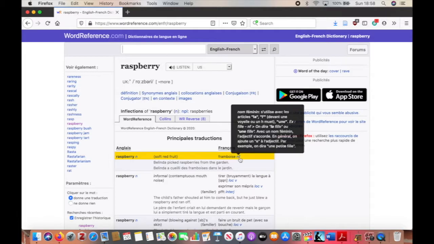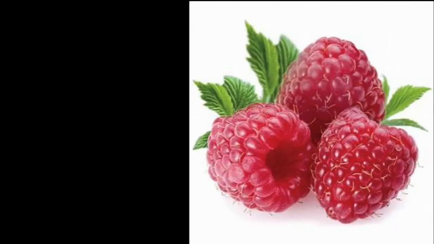And what it tells us is that the word for raspberry is framboise, and it is feminine. So that means we can extrapolate, draw out a lot of information from that. So for example, if I know that the noun for raspberry in French is framboise and it's feminine, I can then say that a raspberry is une framboise, the raspberry is la framboise, the raspberries is les framboises,